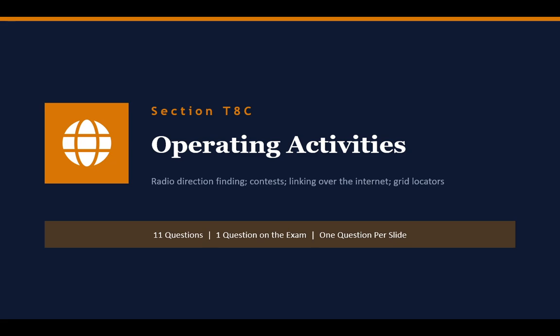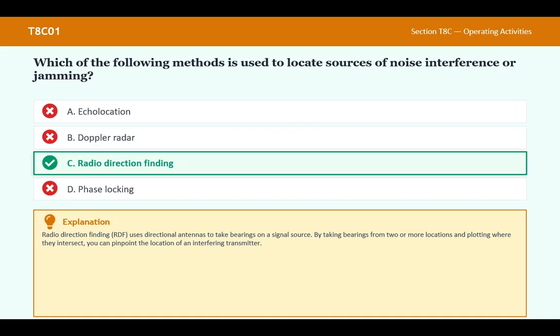Section T8C Operating Activities. Which of the following methods is used to locate sources of noise, interference, or jamming? C. Radio direction finding. Radio direction finding, or RDF, uses directional antennas to make bearings on a signal source. By taking bearings from two or more locations and plotting where they intersect, you can pinpoint the location of an